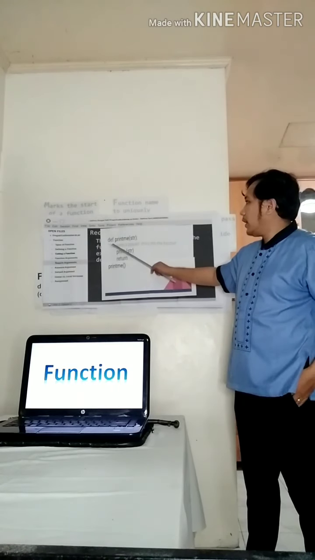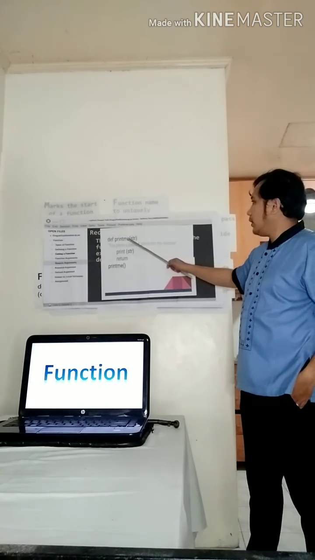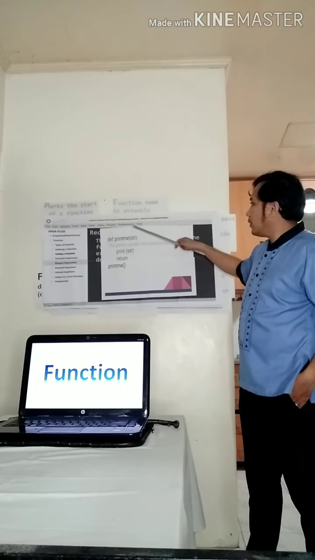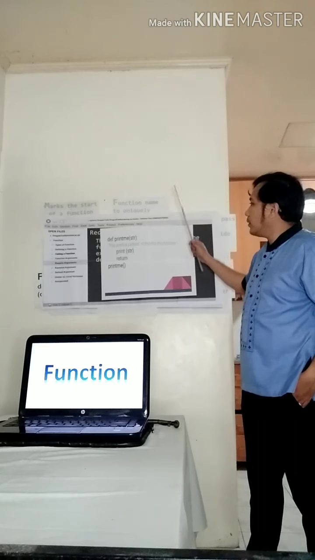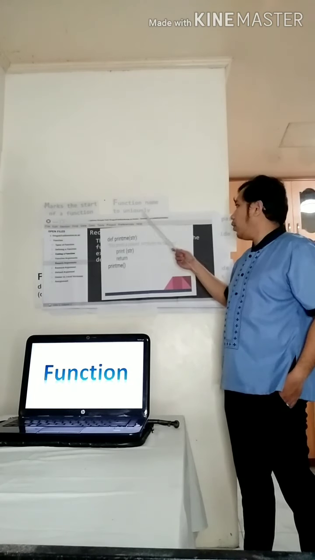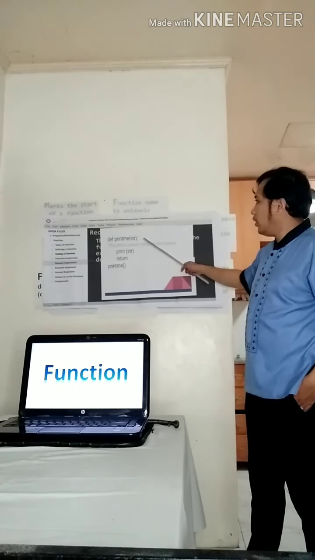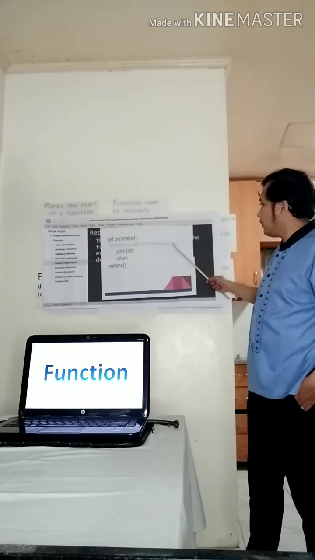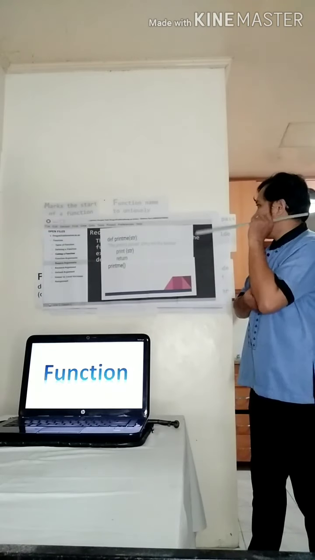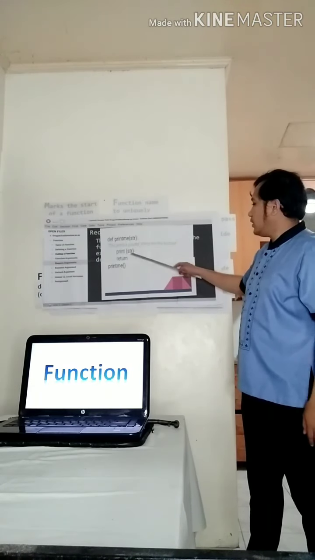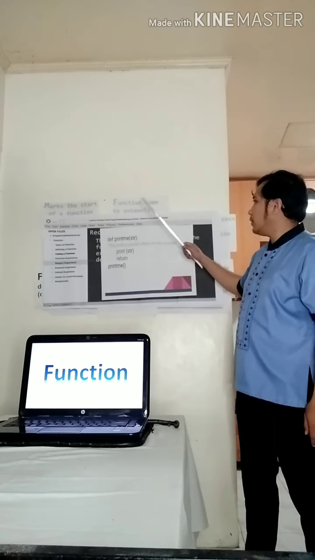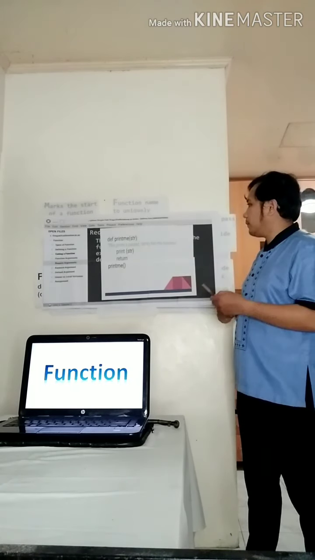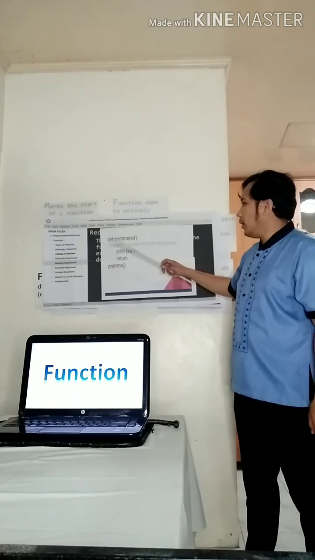We define a function, name it print_me, and assign one argument inside the open close parentheses, then a colon, and then the docstring: this prints a passed string into the function. Our main code is print str of the value of the argument inside the parentheses.